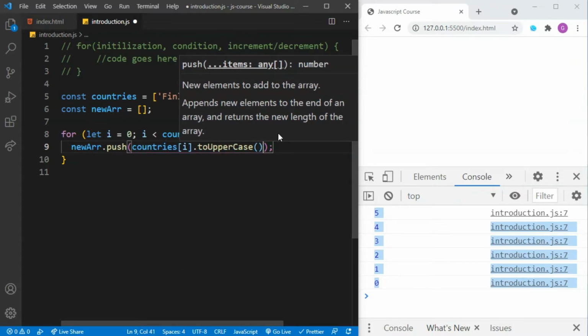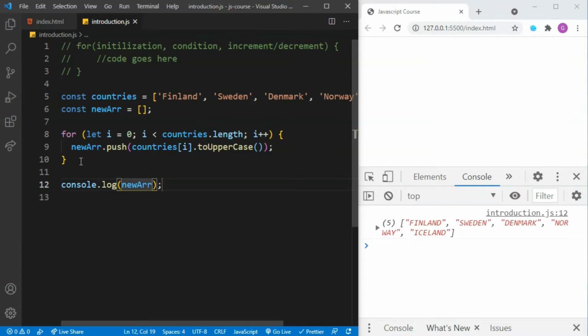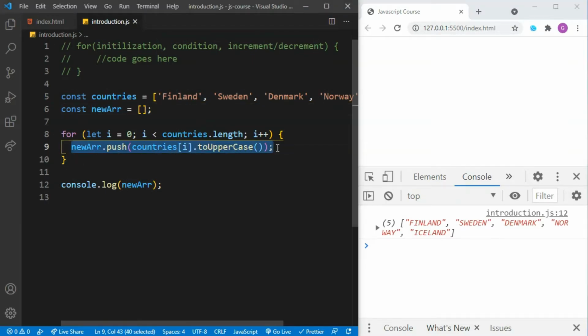If I save that and console log the new array, as you can see, all the elements of this array were converted to uppercase letters and were added to this new array using this one line of code.